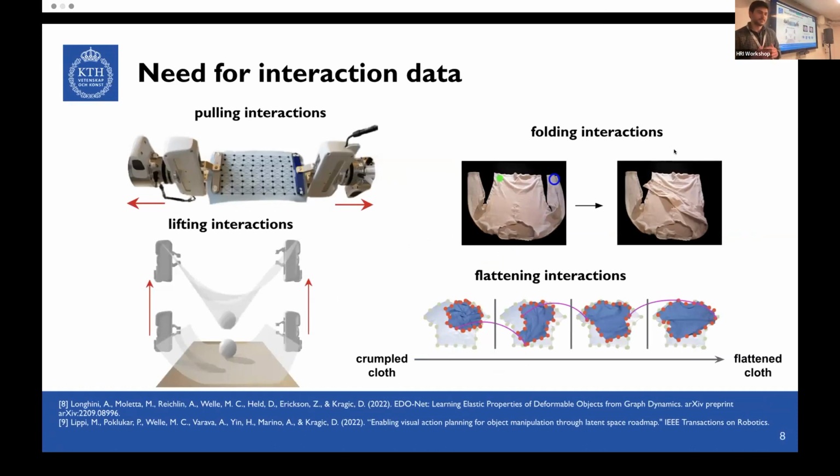So both of these are examples of works in which interaction can be useful to address challenges with deformable items, but of course there are a lot of different tasks which can also use a different type of interaction in order to improve performance. But given the variety of properties of these deformable items, this becomes a very expensive process, since these models are usually very data hungry.